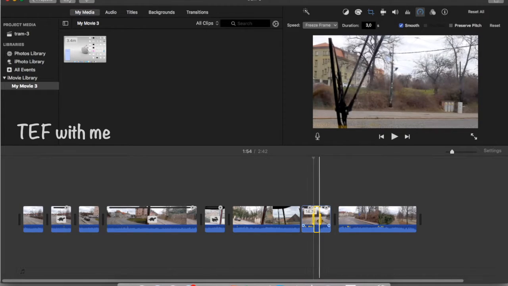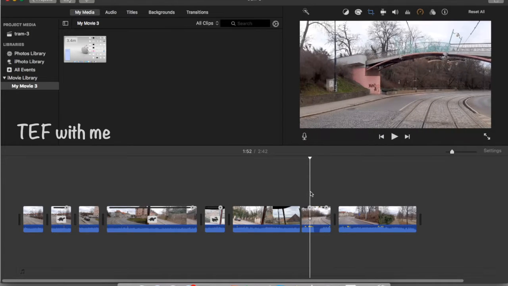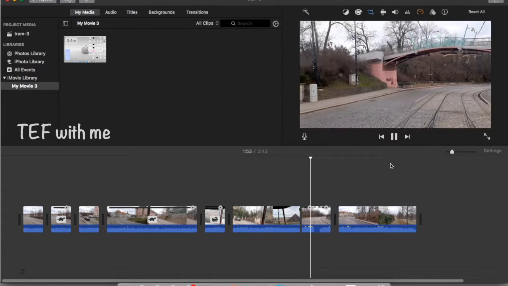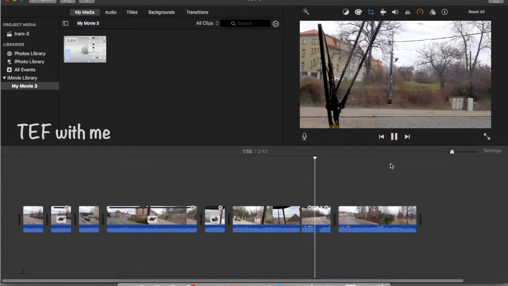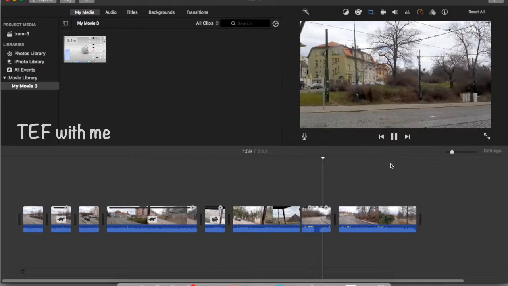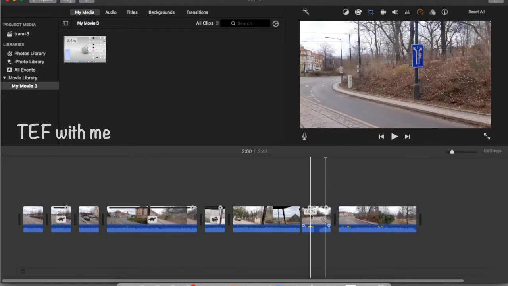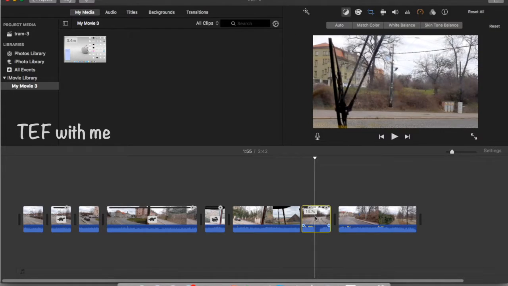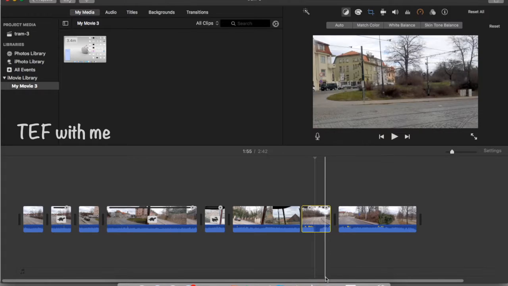See, this particular part of the movie file is frozen. Now I am clicking it here. See, it is frozen. Now again it has started. So like this you can freeze a particular part of the movie file.